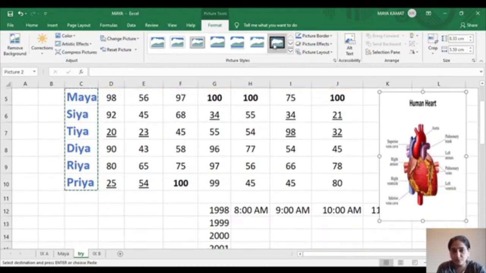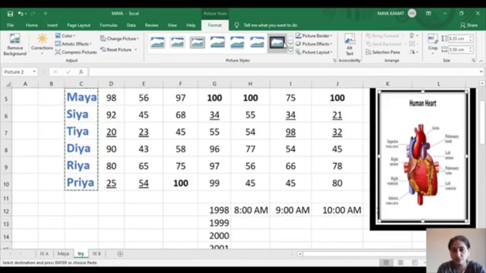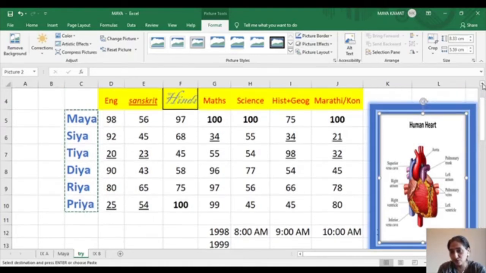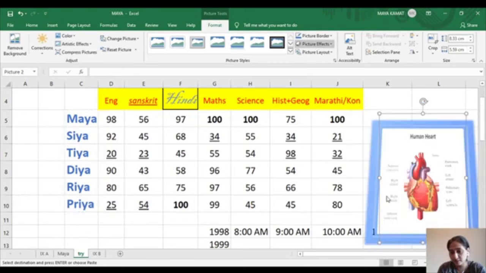Now, what if I want to put a border to the image? Just click on the borders that are shown here on top. Whichever one you like, you could click on it. You could also click on picture border and give a colorful border. You could apply picture effects, wherein you could apply a shadow effect, or you could apply a glow, which will give a glow outside. Can you notice this glow which is coming outside here? Please notice the glow that is shown here outside the picture. You could also apply rotation. See, this is rotation.